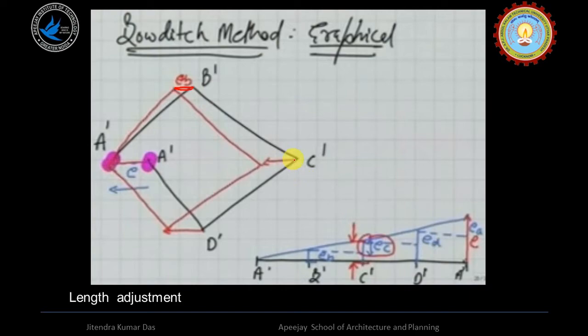So at B you have this much adjustment, at C you have this much adjustment, at D you have this much adjustment, and at last at E you have this much adjustment. In that way the geometry is closed now. We started at A, and the end of the geometry should come at A. So there were two methods by which we can do the adjustments. One was angle adjustment, and the second was length adjustment, and the length adjustment can be done graphically. This method is called the Bowditch method of length adjustment.